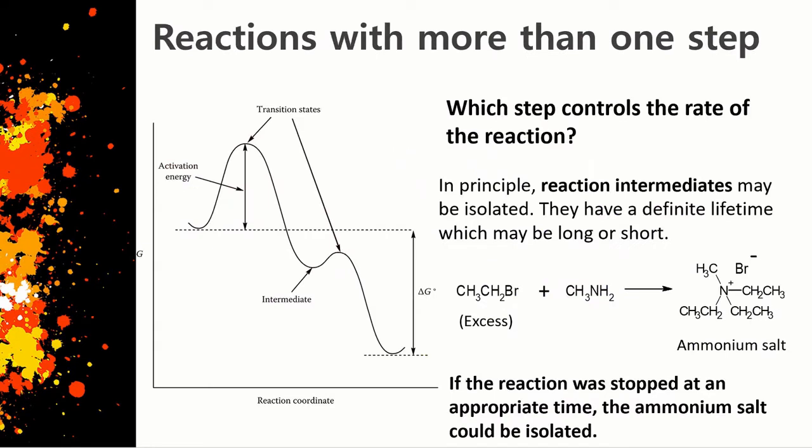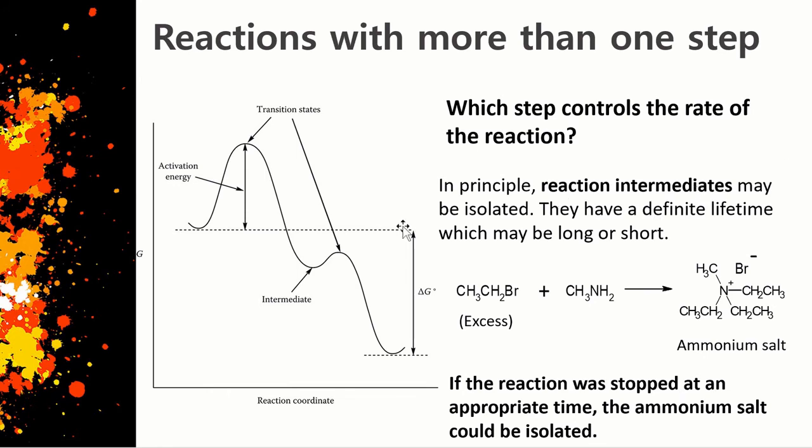All right, so what if the reaction has more than one step? Which step controls the rate of the reaction? In principle, reaction intermediates may be isolated. Notice that there's a difference between a reaction intermediate and the transition state. You must be able to distinguish between both. Intermediates have a definite lifetime, which may be long or short. Remember, we said we cannot isolate a transition state, but we may or may not isolate